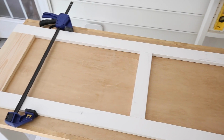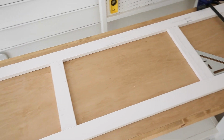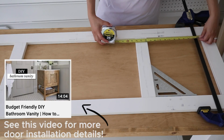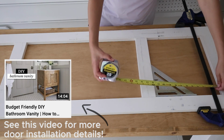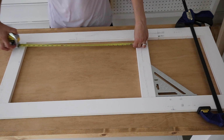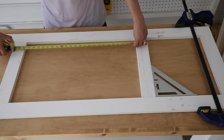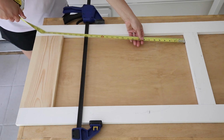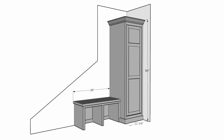All right, here's how we built the door. I wanted to do an inset door for a high-end look. We used the exact same method as our DIY bathroom vanity doors. To start, I measured the exact height and width opening of the cabinet for the door and subtracted 1/4 inch from those dimensions to get my door size, because you want to have a 1/8 inch gap all the way around the door. I constructed the doors